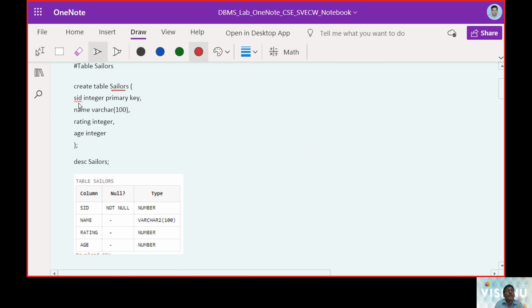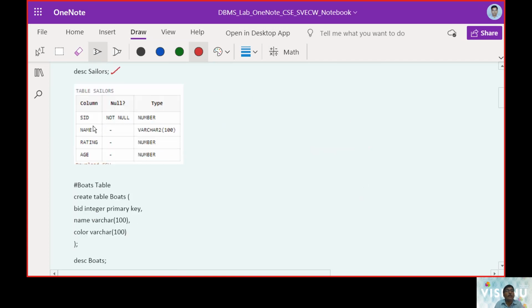As mentioned, we need a sailor ID, an integer value, which is a primary key. Then we mention name, rating, and age. When we run describe, we will see the contents as SID, name, rating, etc.